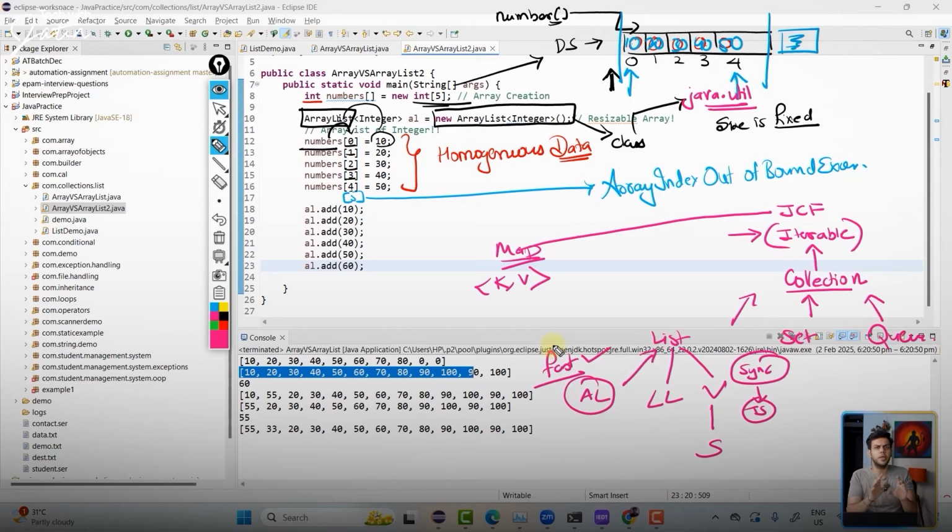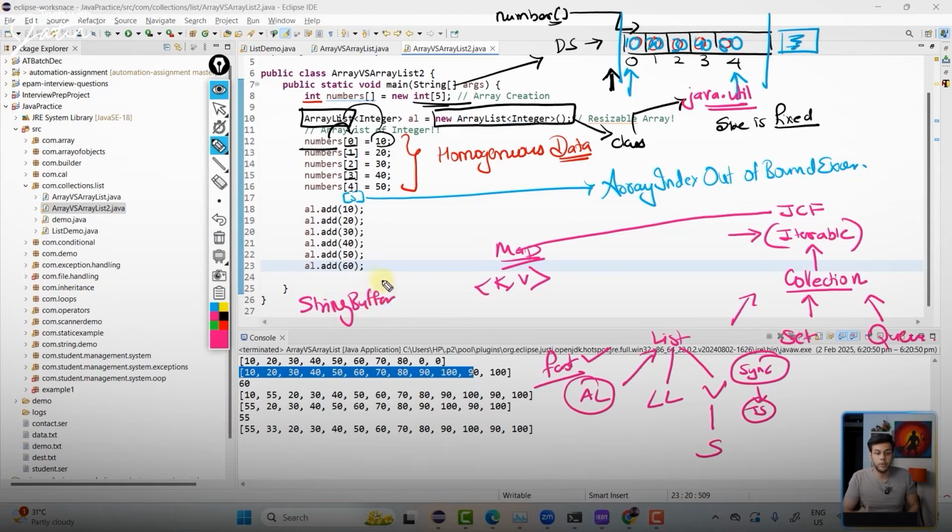You might have seen this particular concept somewhere. In some topic of Java, we have discussed this concept. Something is thread safe, something is not thread safe. Yes, which is that? String builder, string buffer. What is the difference between string builder and string buffer?